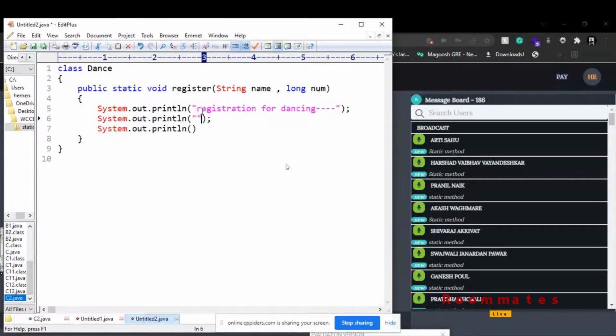I will write registered name is whatever the name we are passing, and here we'll write registered mobile number is number.